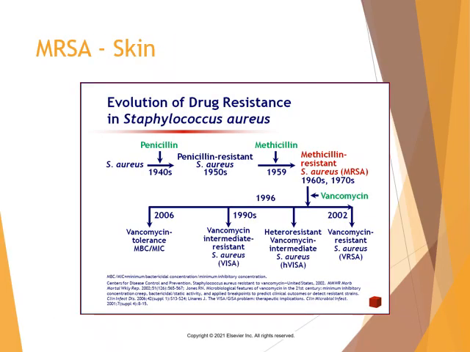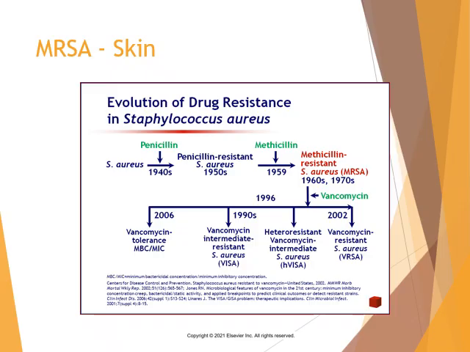MRSA skin infections, this is just the evolution of drug-resistant Staph aureus. This is just kind of interesting as to what has happened. And again, Staph aureus, back in the 1940s, we had penicillin. Then we developed penicillin-resistant Staph aureus. Then we went methicillin, in the late 1950s, I guess. Then the development of methicillin-resistant Staph aureus occurred in the 60s and the 70s, and you can see